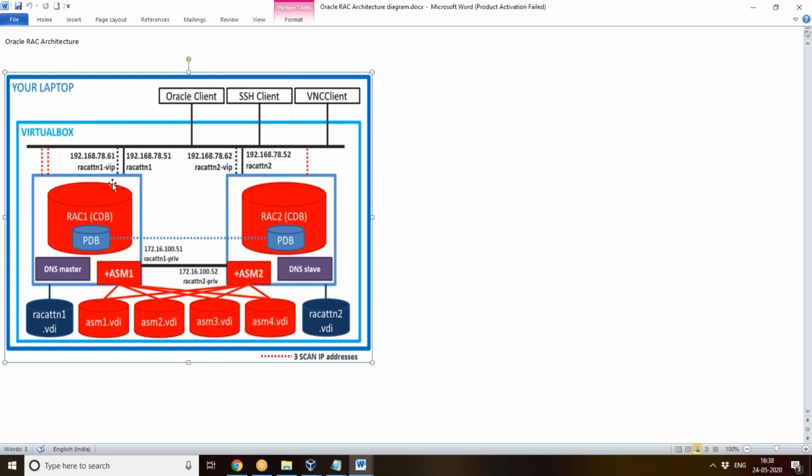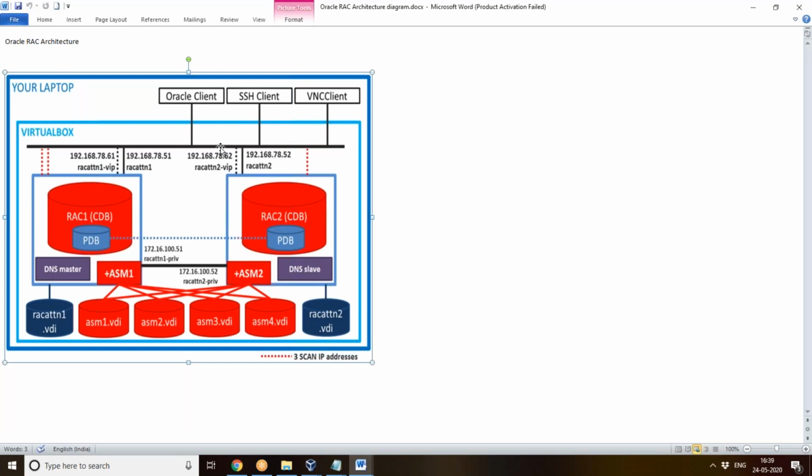The application might have first connected here and was running. When this instance crashes, the SCAN IP address will redirect this application to the other instance. Instead of the application going and checking every time with one VIP or another, the SCAN will redirect the applications to the corresponding instances.